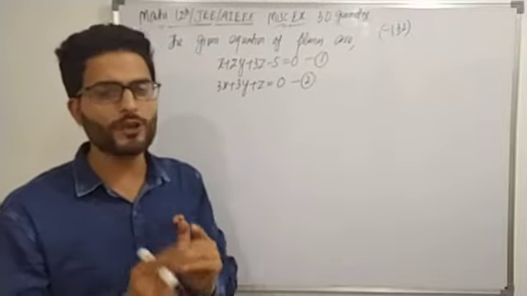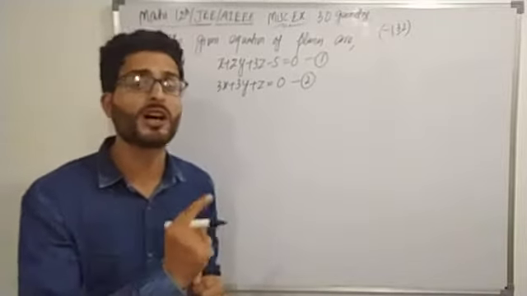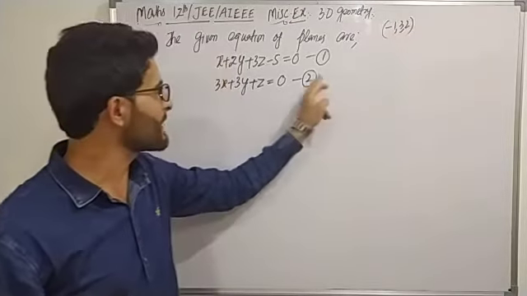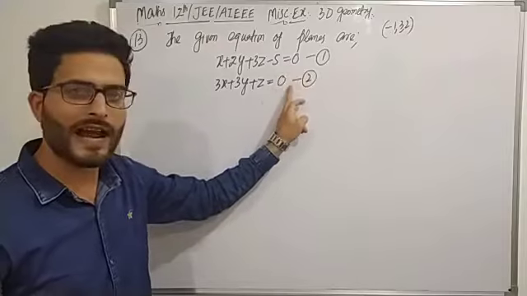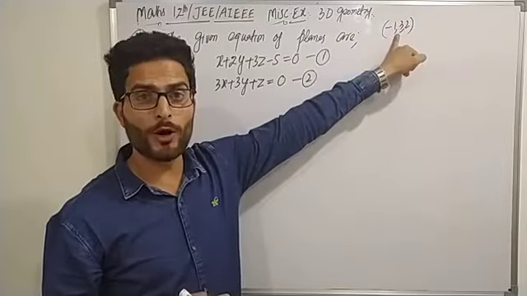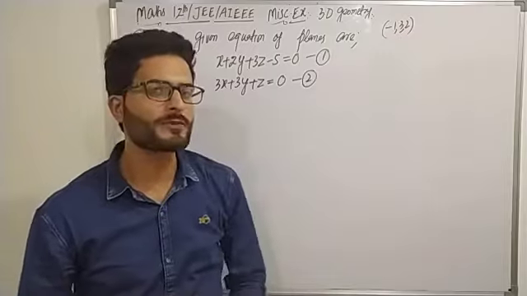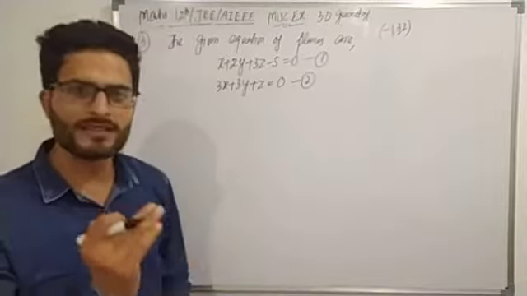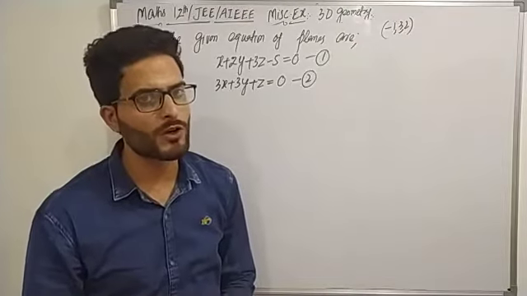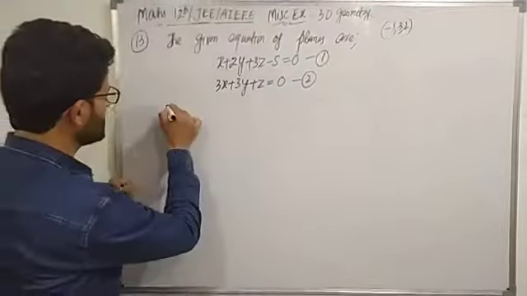So actually we need to calculate the equation of plane third, which is passing through the point -1, 3, 2 and is perpendicular to planes first and second. Now that third plane is actually passing through a point, so its equation we can find by the one point form: a into x minus x1 plus b into y minus y1 plus c into z minus z1 is equal to 0. So any plane